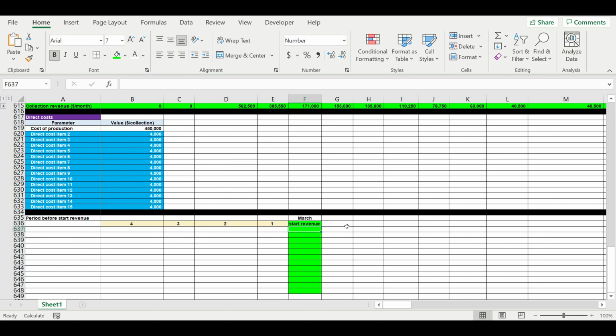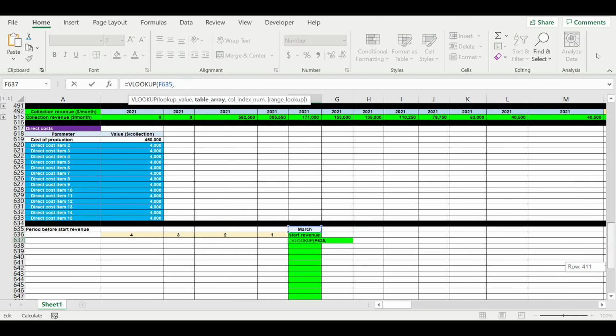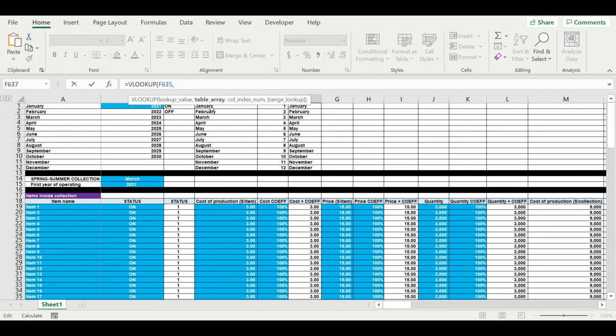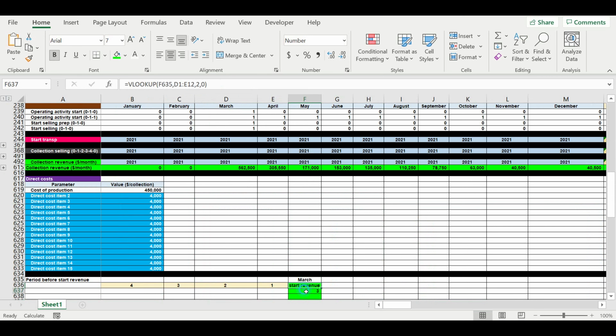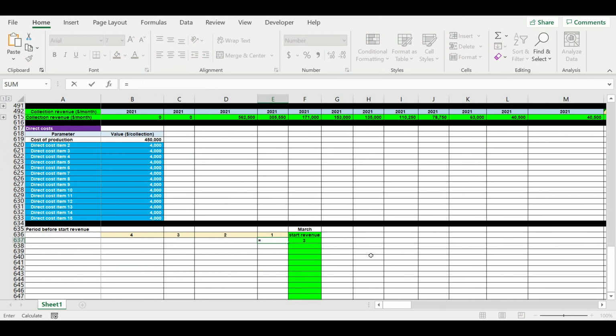I will use the VLOOKUP function for that. March is... we will search this value in this table. We will take the second column and exact match. So March is the third month inside the year. Then we will create the formula if